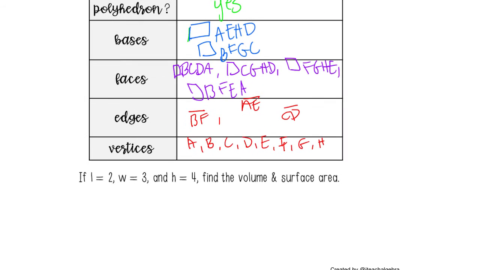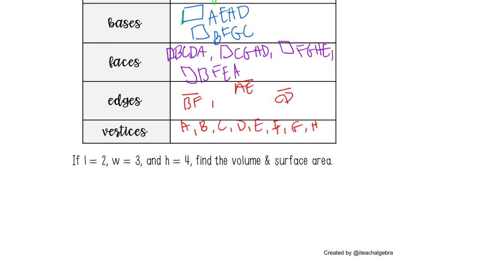Now, a little short example. If L equals 2, W is 3, and H equals 4, find the volume and surface area. Well, the volume we said is length times width times height. So the volume is 2 times 3 times 4. Well, that is 6 times 4. That's 24 units